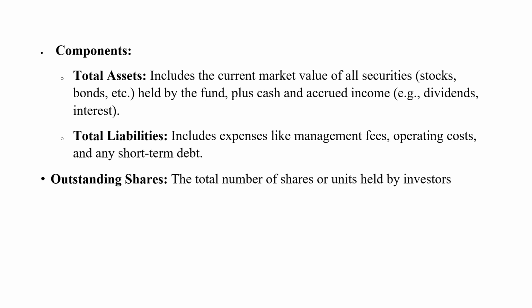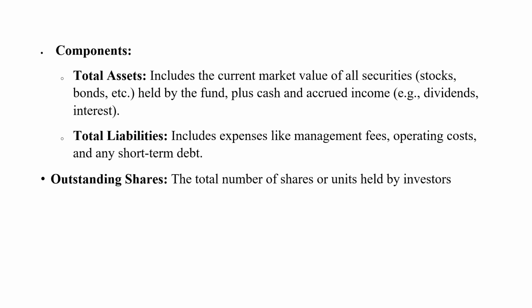$10 million. So you have three components here. One, I said about $125 million of total assets, a liability of $7 million, and you have outstanding shares of $10 million. Now the real calculation of NAV will be: NAV is equal to 125 minus 7 divided by 10. So when you do that, you get an answer of